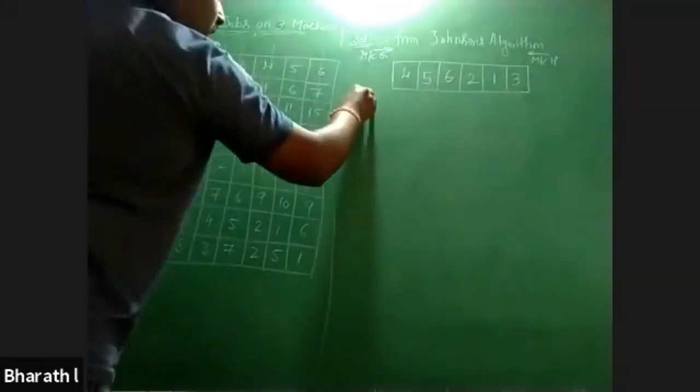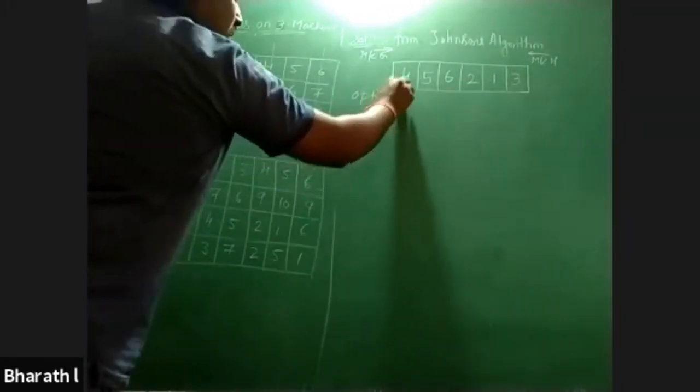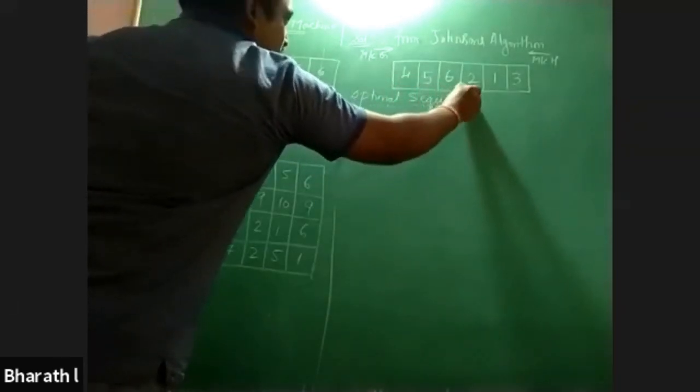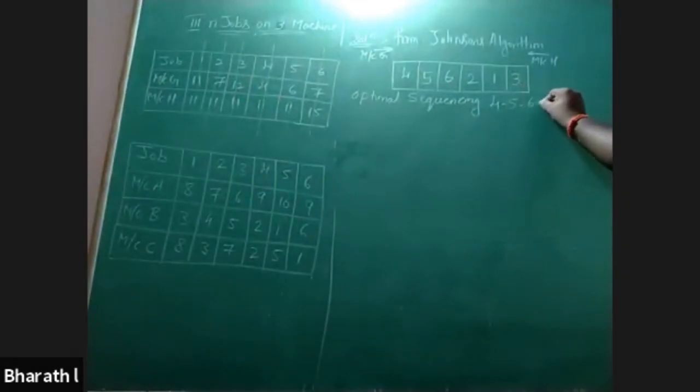That means this is the optimal sequencing. Here you have to write: optimal sequencing is given by 4, 5, 6, 2, 1, 3. After finding an optimal sequencing,